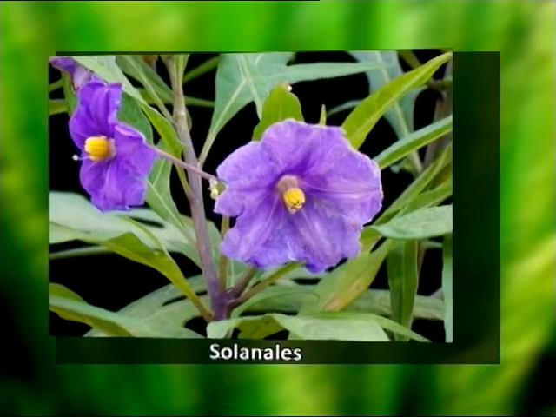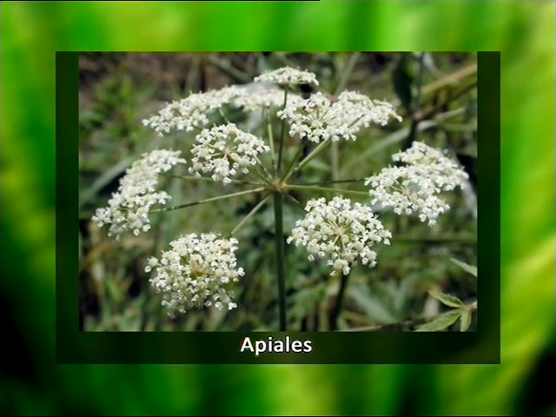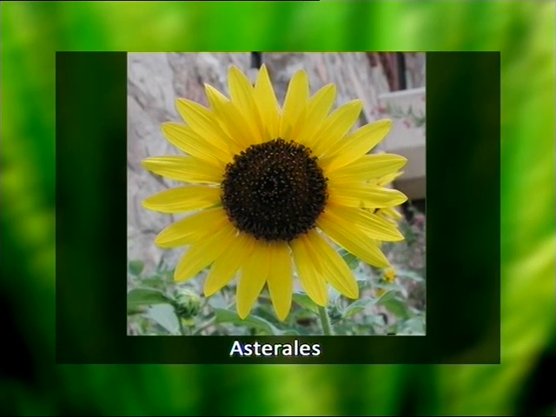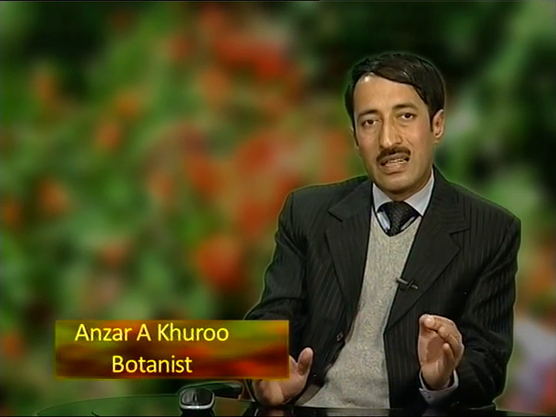Then we have solanales, apiales, asterales. Asterales is a very large group of plants, eudicots, and this asterales is lastly followed by one order called dipsacales. So dear students, with this we come to the end of today's lecture that was on the evolution